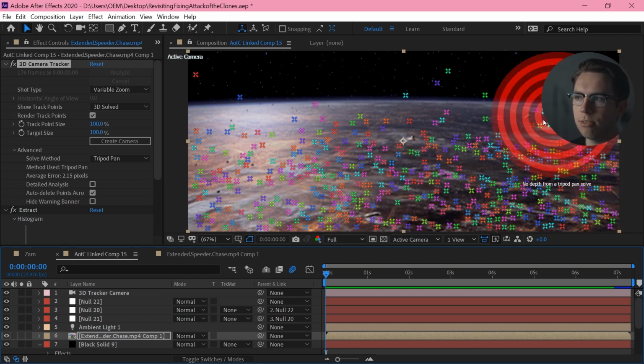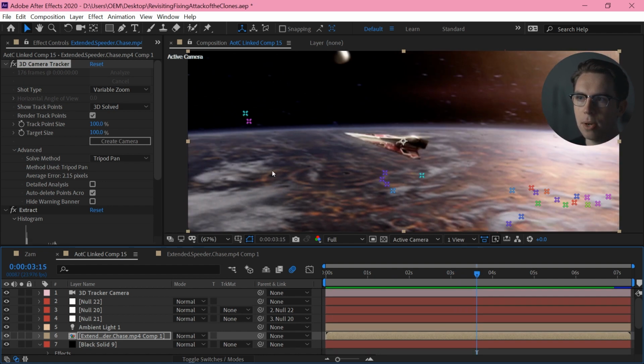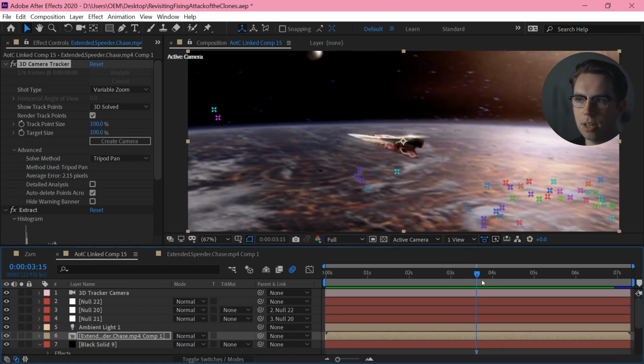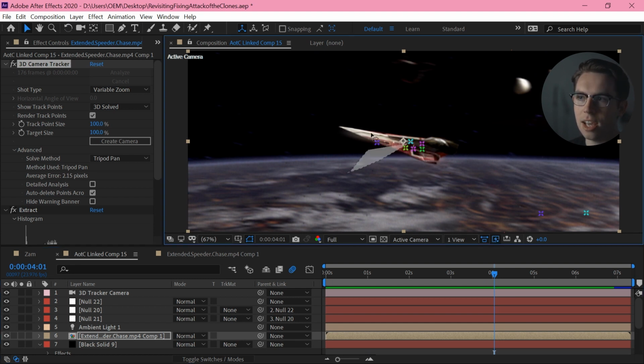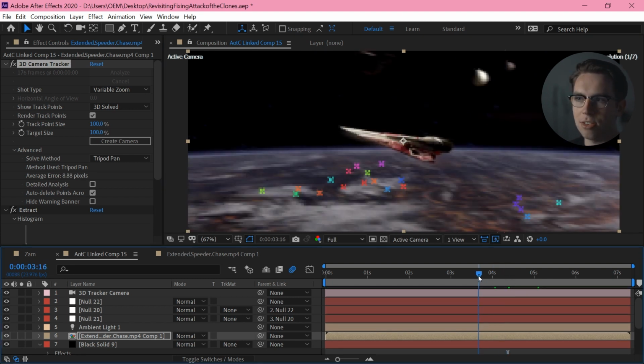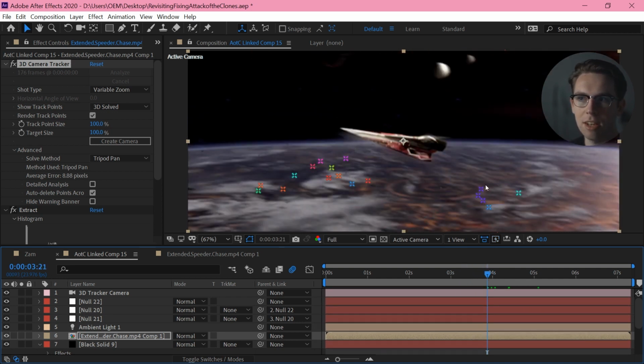And that works pretty well. You can see we've got all of these lovely track points on the surface of the planet here. But once we get to this point, the motion blur starts getting a little bit too intense for it. It starts to lose them. And once we get to here, it suddenly decides that the ship is the only thing that it can track. We can go in and delete those, but it is just going to freak out and never pull a good track past this point.